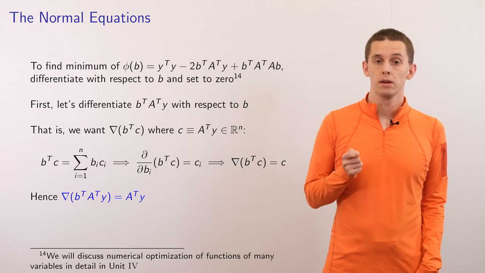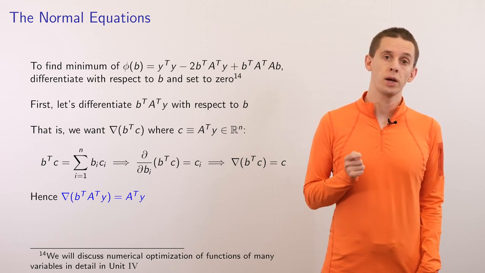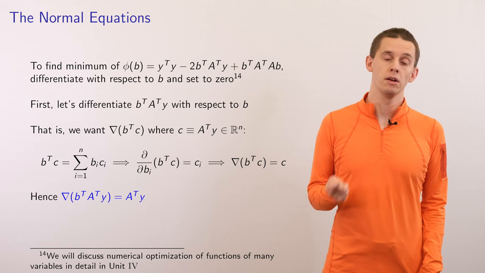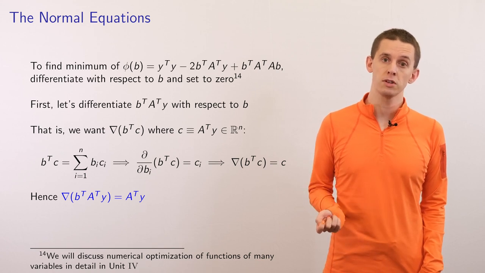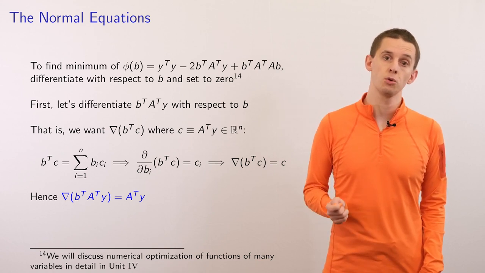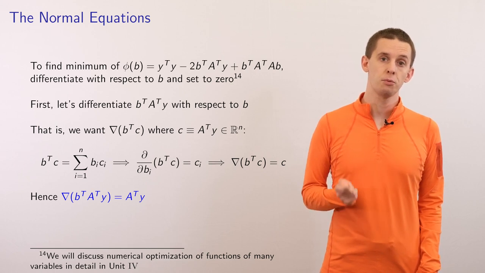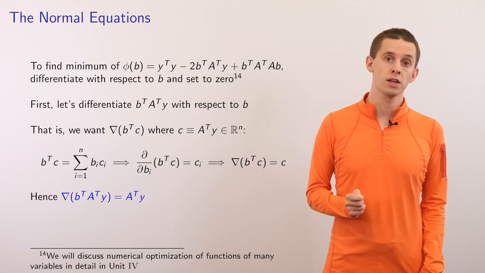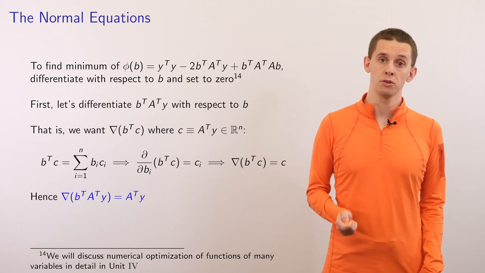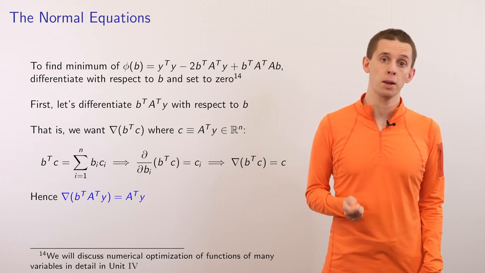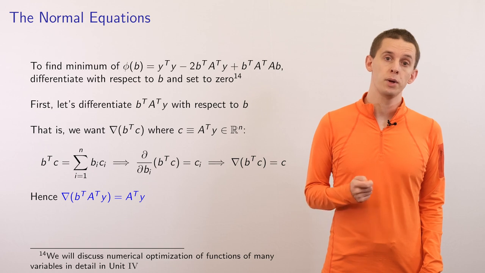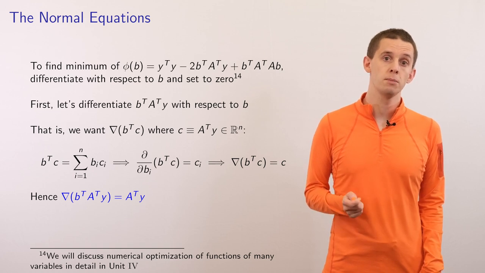And we'll simplify this, and we can see that this is just the same as differentiating b transpose c, where c in this case will be A transpose y. And b transpose c, if we write it out in component form, is just equal to the sum from i equals 1 to n of b_i multiplied by c_i. And if we now apply a partial derivative to this, d by db_j,